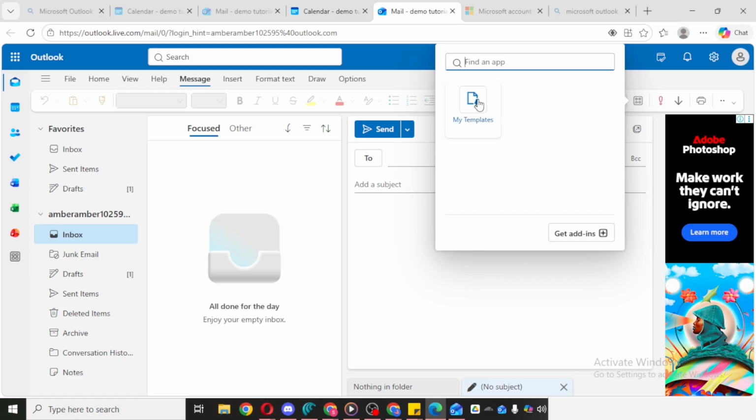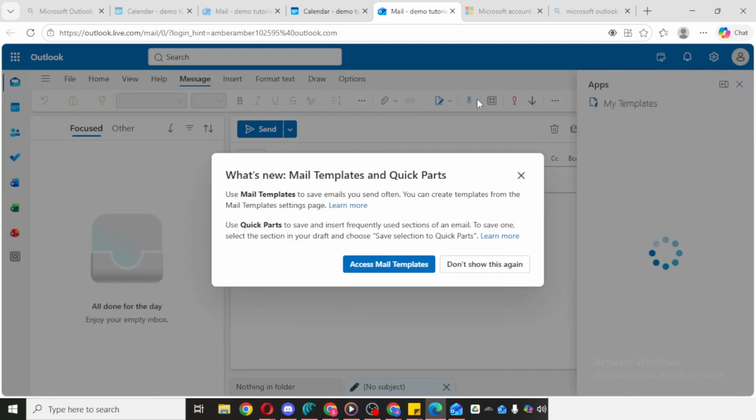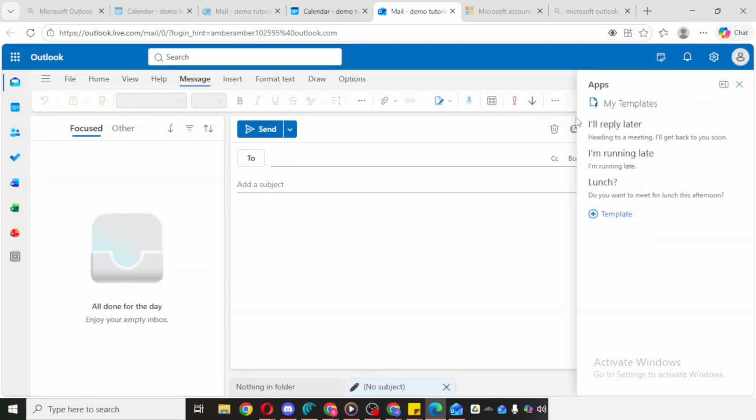This opens the template panel where you can view the templates available in your Outlook setup. If you already have templates saved, you'll see them listed here and ready to use. This makes the process very simple because you don't need to copy and paste text from somewhere else or search through old emails to find the message you want. Now just select whichever template you prefer. As soon as you click on it, the template content will be inserted into your email draft.